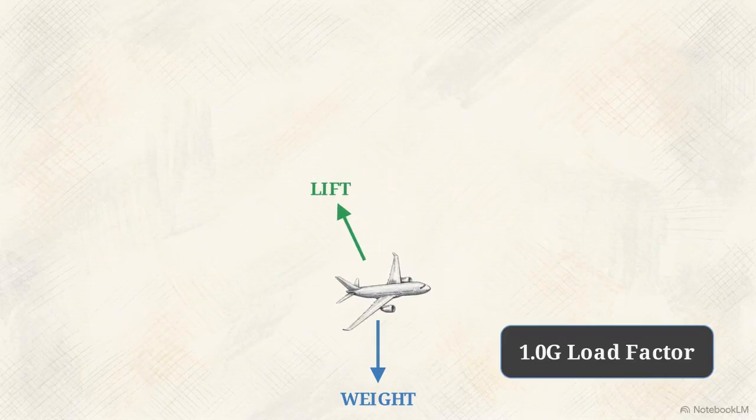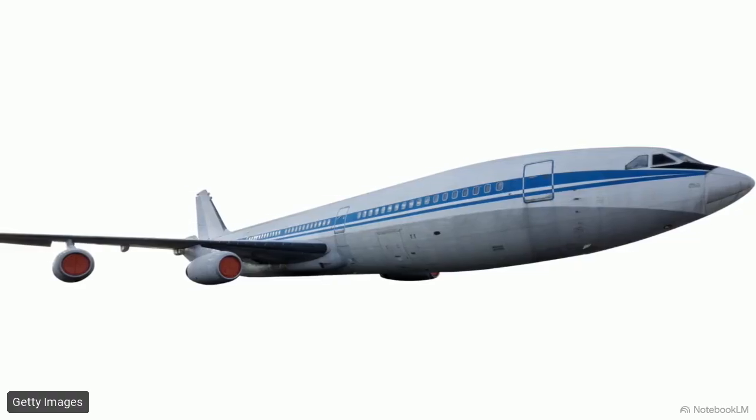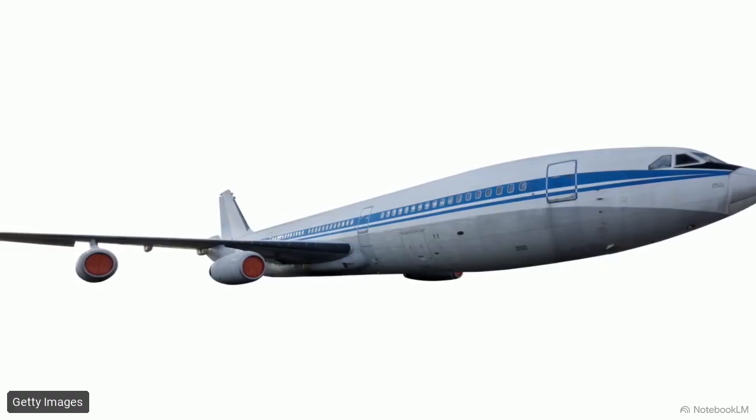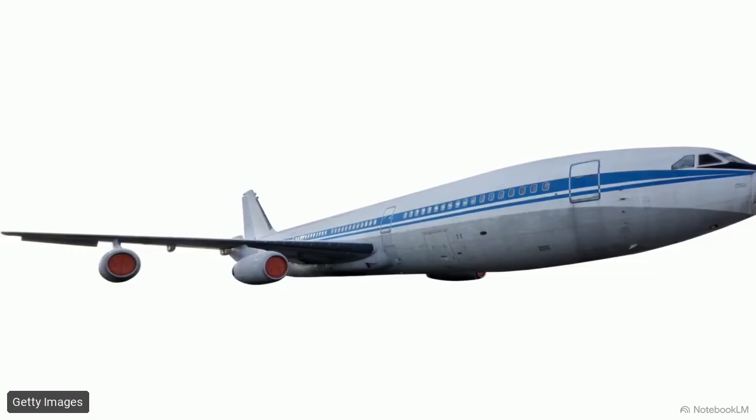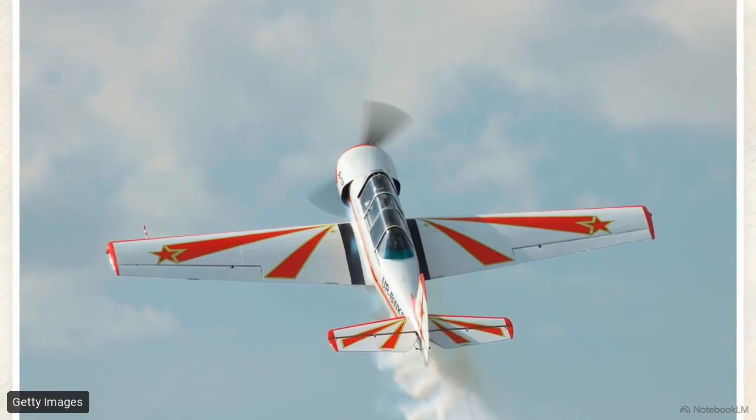When the plane rolls into a steep bank or pulls out of a dive, the wings must work harder to fight gravity. The lift force multiplies to maintain altitude, subjecting the entire airframe to 2 or even 3 times its resting weight. Certification standards reflect these demands. While a standard commercial airliner is built for moderate stress, aerobatic planes require much higher structural thresholds to survive extreme